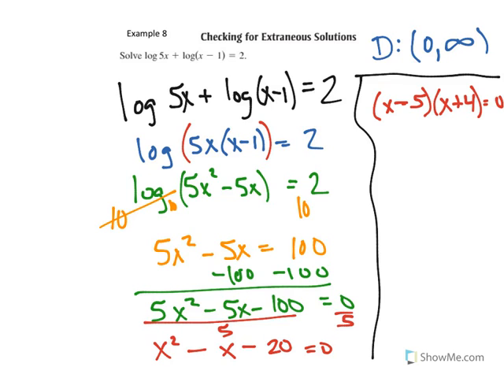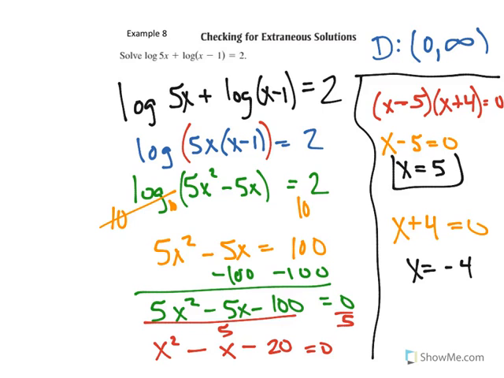Well, set each factor equal to 0. x minus 5 equals 0, and x plus 4 equals 0. Well, when I solve for the top one, I get x equals 5. Down below, I get x equals negative 4. So you would think I would have two solutions, but that's not really the case, because what's going to actually